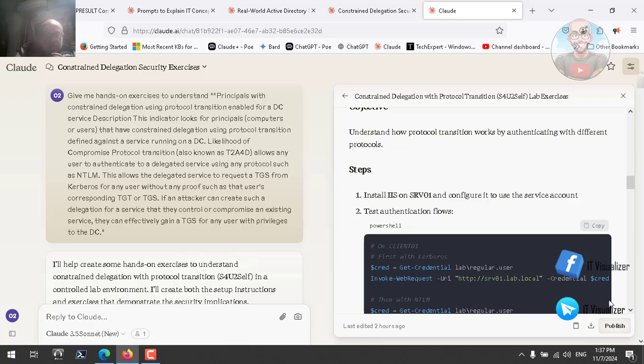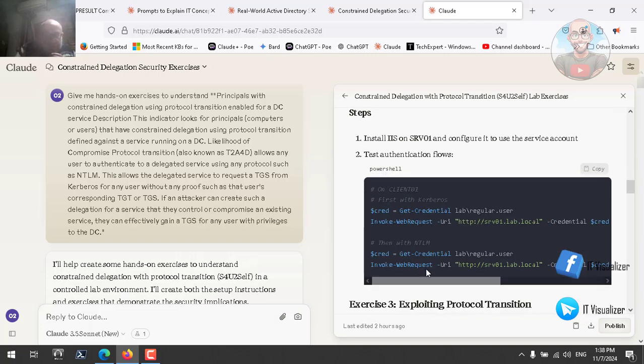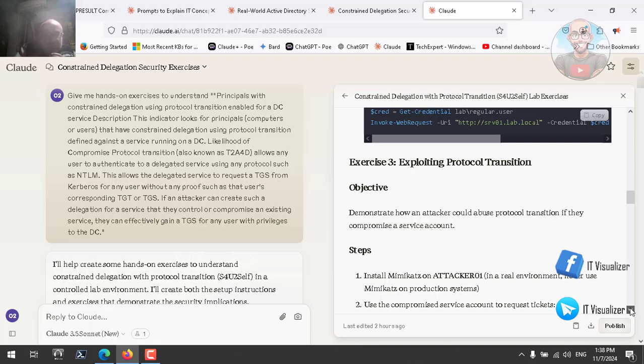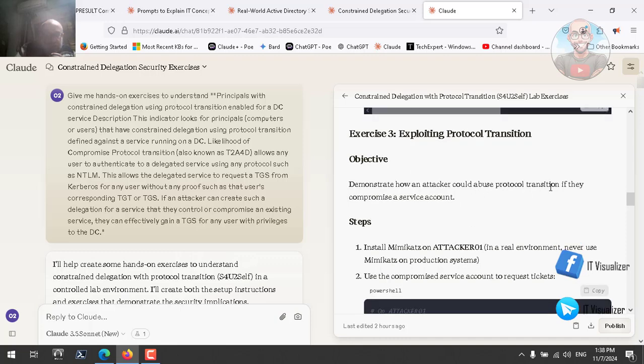Okay, here is the way to do it. Install IIS on server 1 and configure it to use the service account. Test authentication with the regular user that we have created earlier. Okay, first with Kerberos, so we need to authenticate. The client will authenticate to the IIS or the web server using NTLM and using Kerberos to make sure we have protocol transition enabled. Okay, so after that, exploiting protocol transition: demonstrate how an attacker could abuse protocol transition,